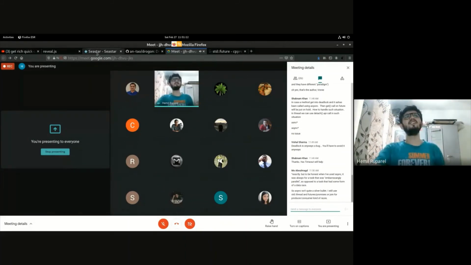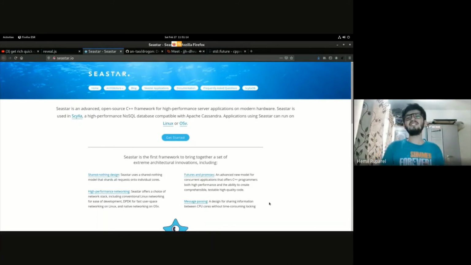Async is no silver bullet. So the advantage of C-Star is that it is extremely general. What it does is you create a bunch of tasks, and C-Star has a task scheduler internally which schedules those tasks, and you can assign priorities and you can do all sorts of stuff.